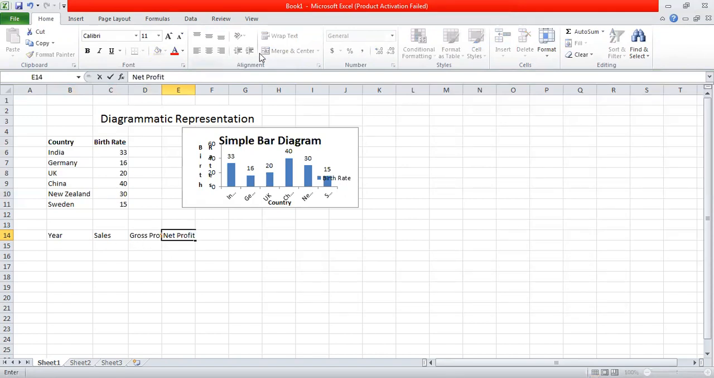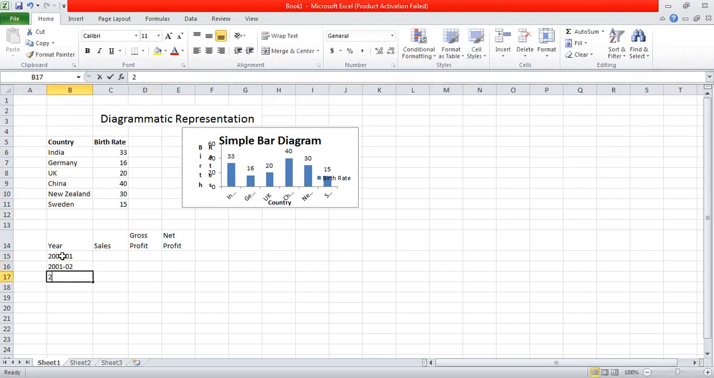So for different years, the gross profit, net profit, and the sales values are given. So for this data, I am going to find out the years 2000 to 2001, 2001 to 2002, 2002 to 2003, 2003 to 2004. Different sale values are given as 120, next is 135, 140,